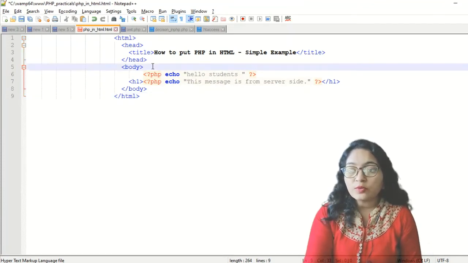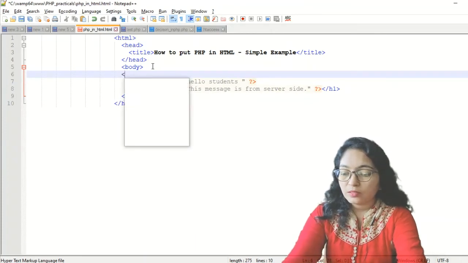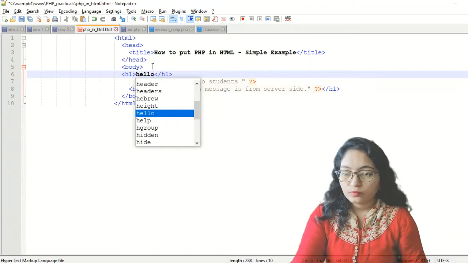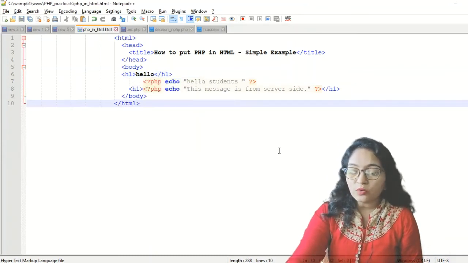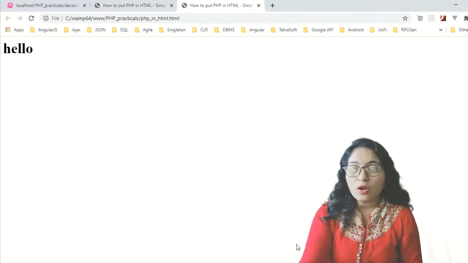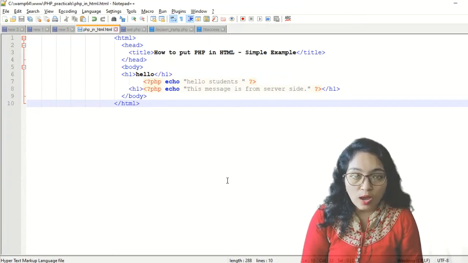And here, suppose you have written H1 hello. Okay, so whenever you execute it as an HTML file, it will print just hello. It will not execute the PHP code. So for that purpose, what do you have to do?